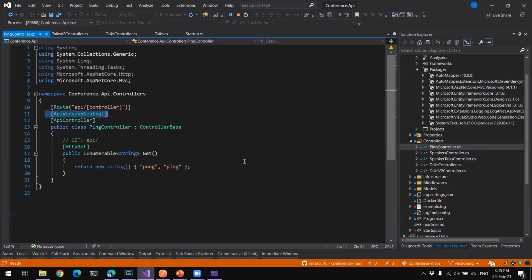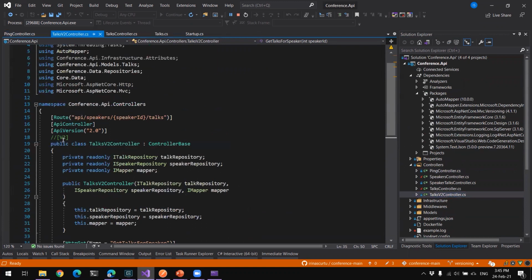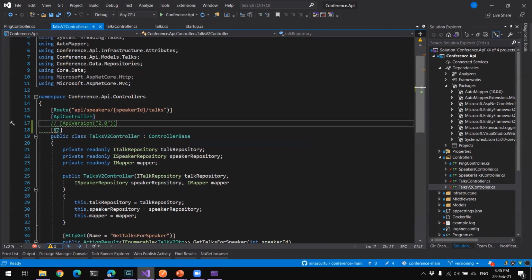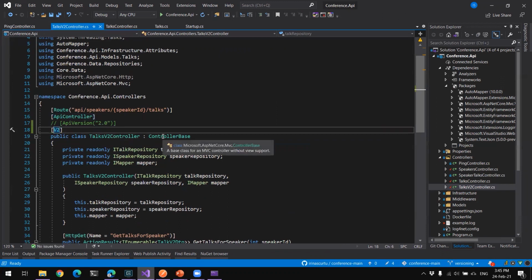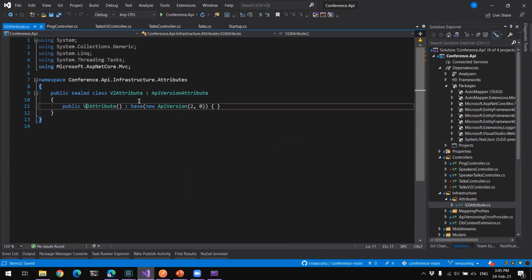Not found, because that's not the purpose of me showing you this. Doc V2. I have here something that is commented. So you have the API version, but if you prefer, you can do your own version attribute. In fact, I'm going to stop this and go there. It's V2 or whatever naming you might find suitable. But if we go here, it's simply a class that inherits the API version attribute, and sends this here.